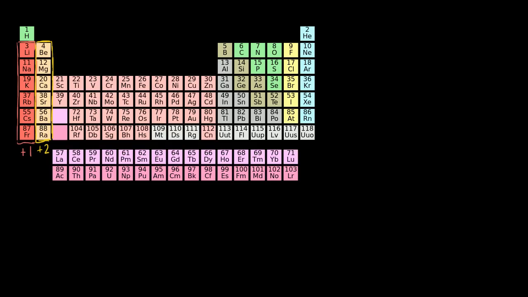Now, let's go to the other side of the periodic table, to group 7, the halogens right over here. They're quite electronegative, sitting on the right-hand side of the periodic table. They're 1 electron away from being satisfied from a valence electron point of view. So these are typically reduced. They typically have an oxidation state of -1. And I keep saying typically because this is not always going to be the case. There are other things that could happen, but this is a typical rule of thumb